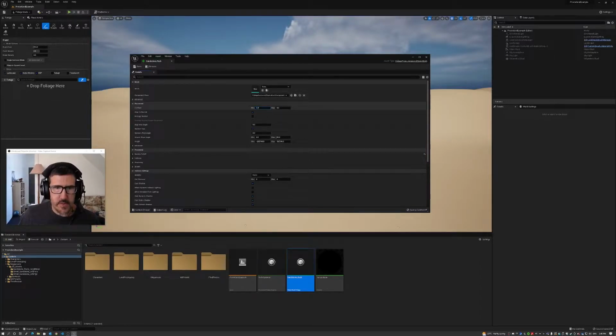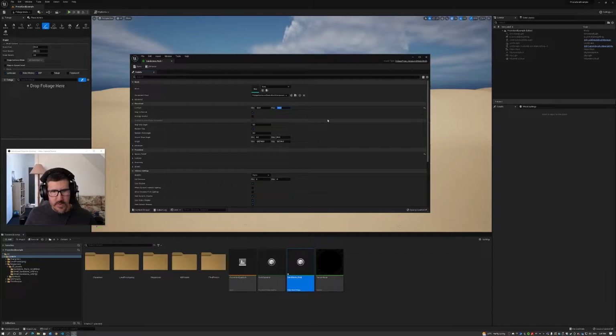You don't want that. So if you were making a tree that was allowed onto a very steep ground slope angle, you would probably definitely need to put a bit of a minimum and maximum level there for where the tree spawns in. For these rocks, I'm just going to go with a minimum of about -20 and a maximum of -10. Sorry, I've got the min and max around the wrong way. So the maximum being -10, the rocks will always sit into the ground a little bit,